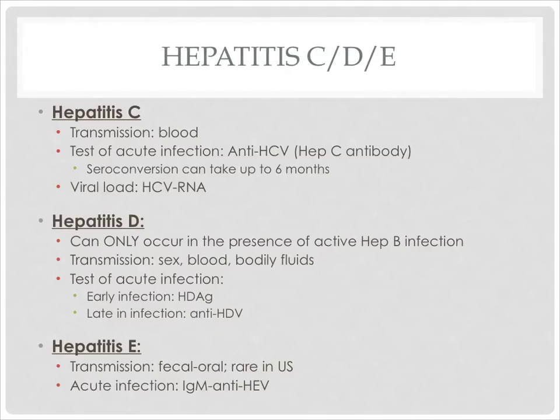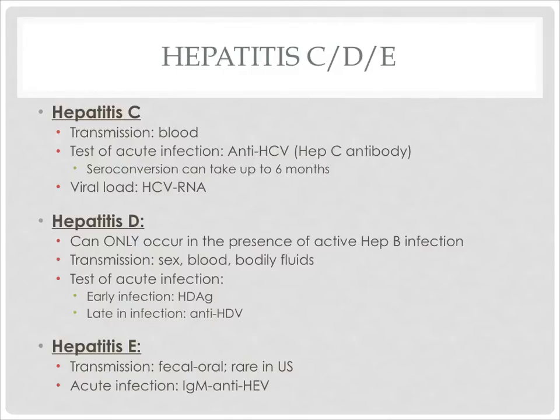Hepatitis C, we know, is transmitted through blood contact, and the test for an acute infection is going to be the antibody to the hepatitis C virus. Seroconversion can take up to 6 months. So initially, if you have a patient that you're suspecting this, you're going to get some baseline labs. But understand it's going to take several months for results to possibly show up. So you're going to have to repeat these labs in the future. Folks who are infected, you're going to follow them with what's called a viral load, and you're going to get a Hep C virus RNA, and that will give you a viral load, which gives you an idea of the amount of infectivity those